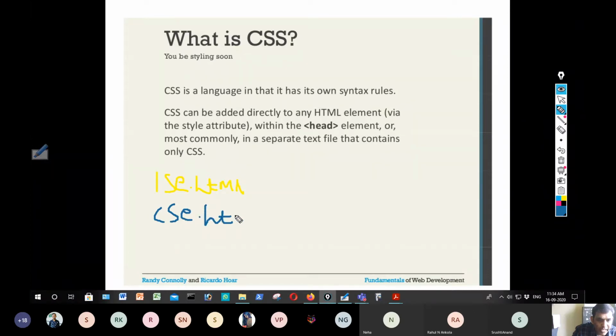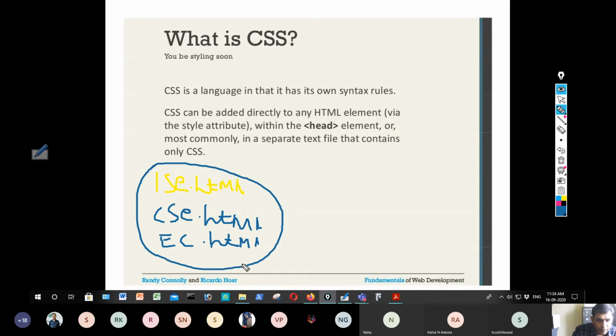So they are HTML documents. Similarly ec.html. SJCT has various departments, and every department will have a web page. All of these will belong to a website, which is our college website, sjcit.ac.in.